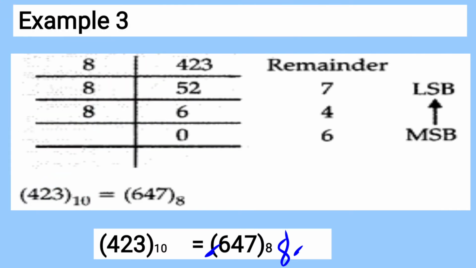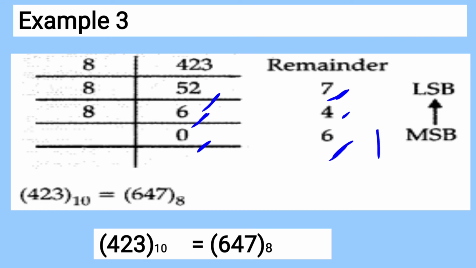Next example, 4 2 3 is in decimal form, and you have to convert it into the octal equivalent. So first time when you divide, 4 2 3 on dividing by 8 will give you 52, and the remainder will be 7. Go further, divide 52: we get 8 sixes are 48, the remainder will be 4, and 6 cannot be further divided, so it is written 8 zeros are 0 and the remainder is 6.